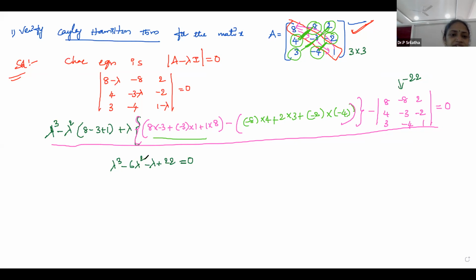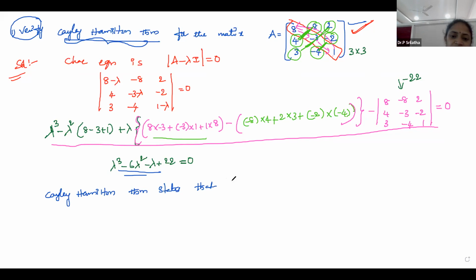Okay, so this is the equation, right? So now what we have to do? So our next step is Cayley-Hamilton. Here we have to verify the Cayley-Hamilton theorem, right? So by Cayley-Hamilton theorem, what is the statement? Here we need to write the Cayley-Hamilton theorem statement. Cayley-Hamilton theorem states that,